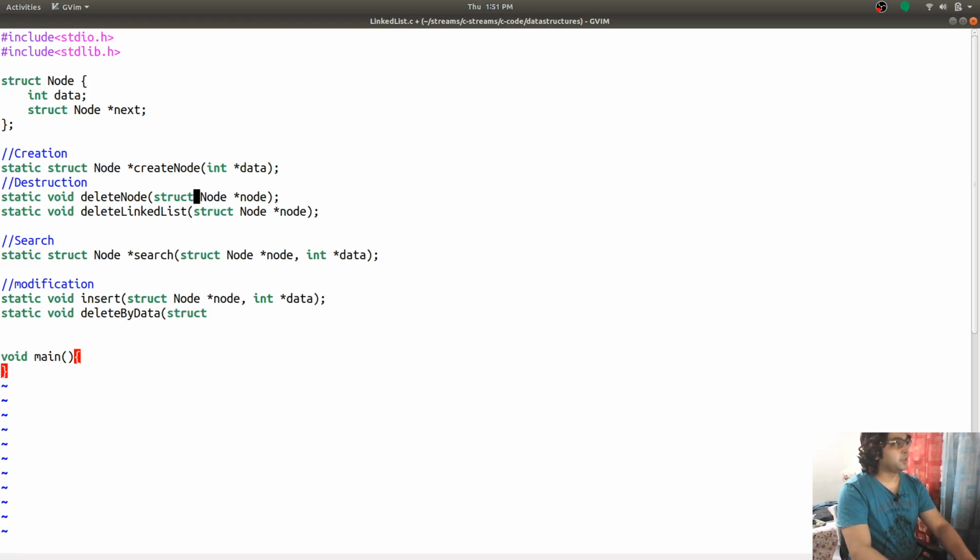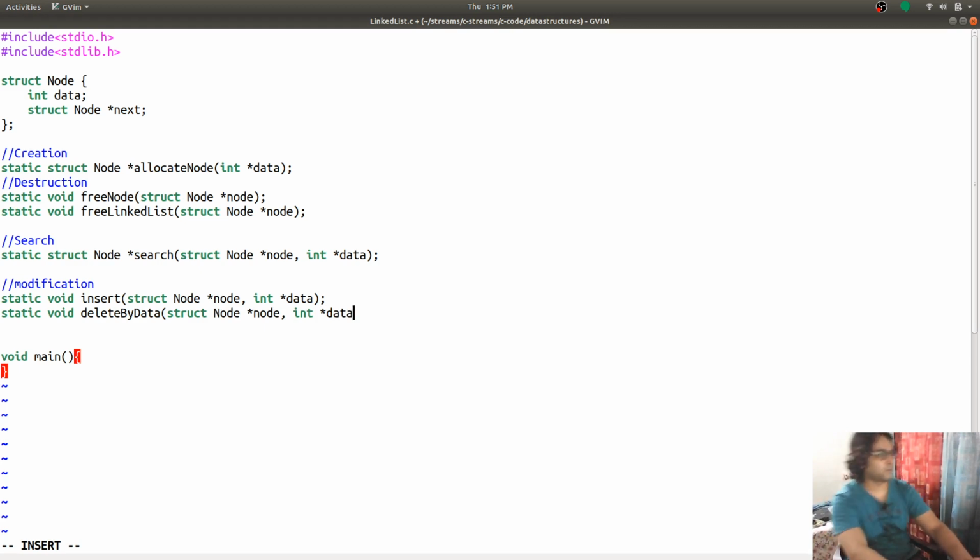It should be more like not delete node, it should be more like, so this is the function we are going to call inside, and more like allocate node. And what more can we do? Static void.